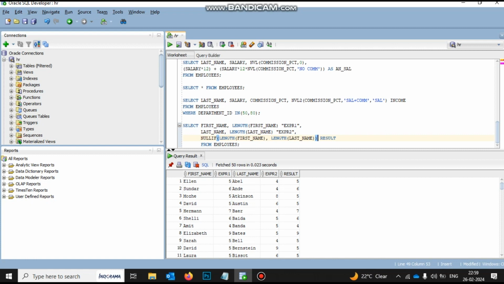First, the NULLIF function compares two expressions. Okay, so what are the two expressions of the NULLIF function? Expression number 1 and expression number 2. It will be comparing these two expressions. If the values of both the expressions are equal, then the function will return null. And if the values of both the expressions are not equal, then the function will return the value of the first expression. So in this query, the first expression is length of first name, the second expression is length of